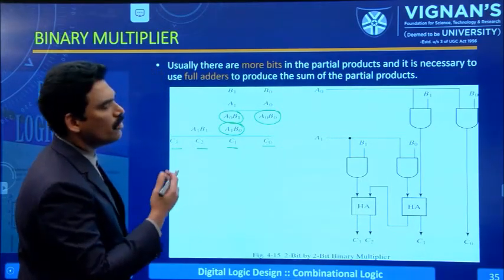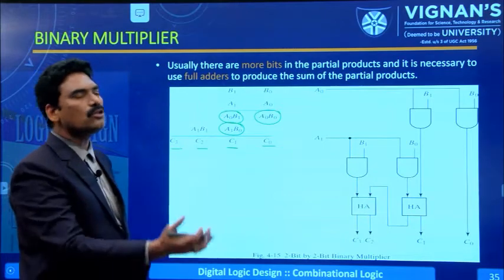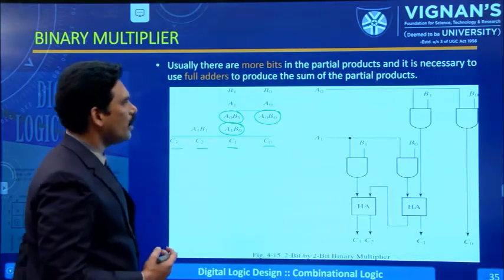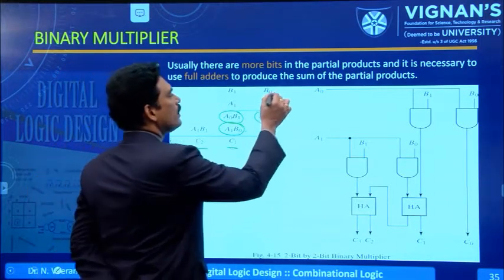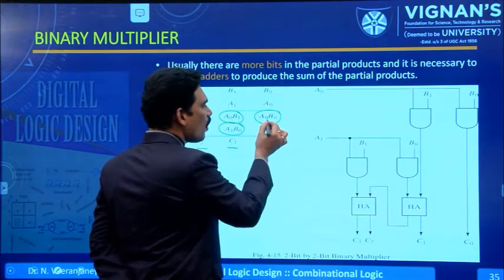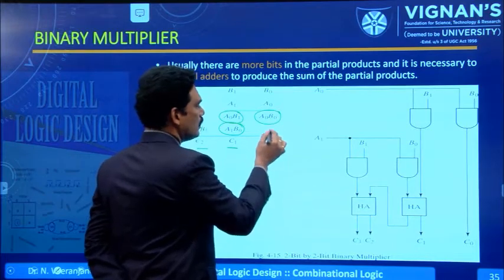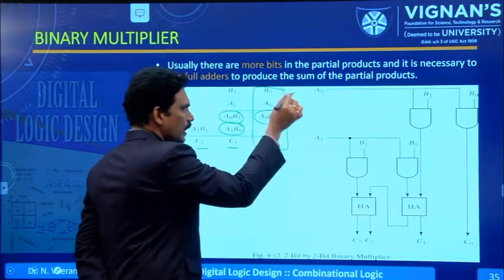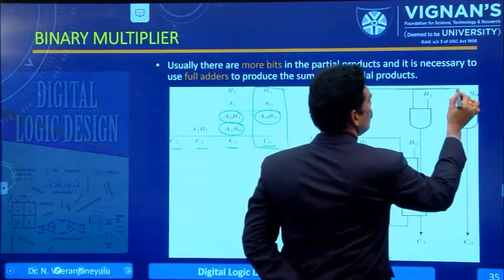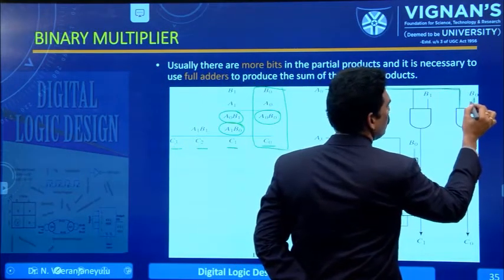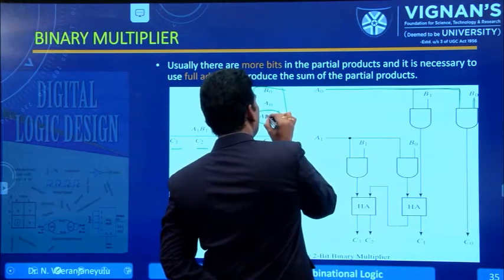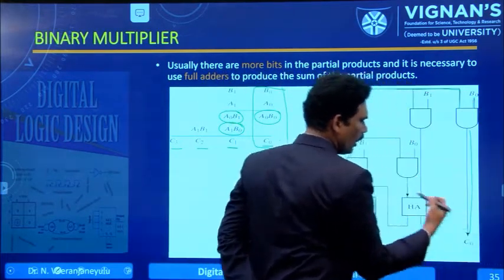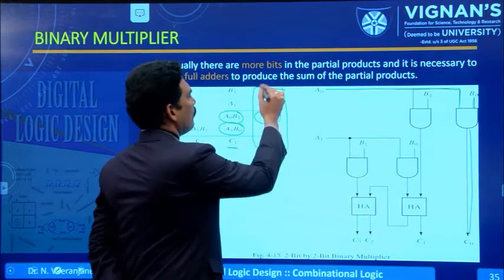Now we are going to design a circuit for this. See how to design a circuit for this. First, what do we have to do? We have to take A0, B0 and one AND gate. That is C0. Now we are going to implement this part. The first one is A0 and we have B0. What is the symbol here? AND symbol, and we are getting C0. Okay, that part is completed.